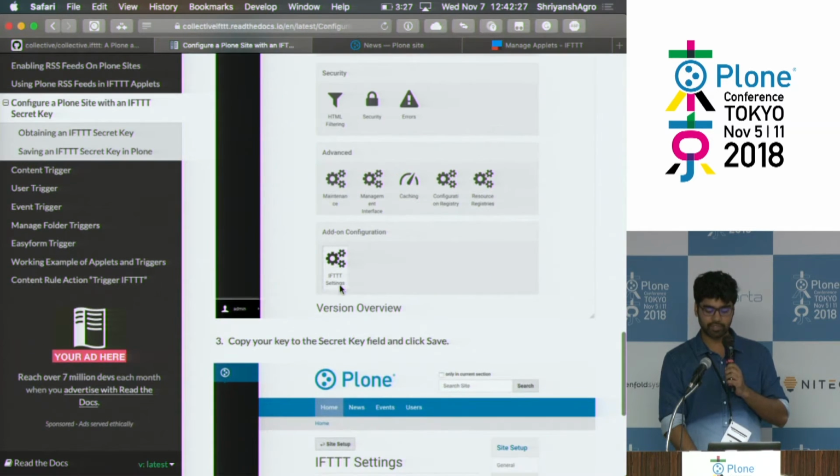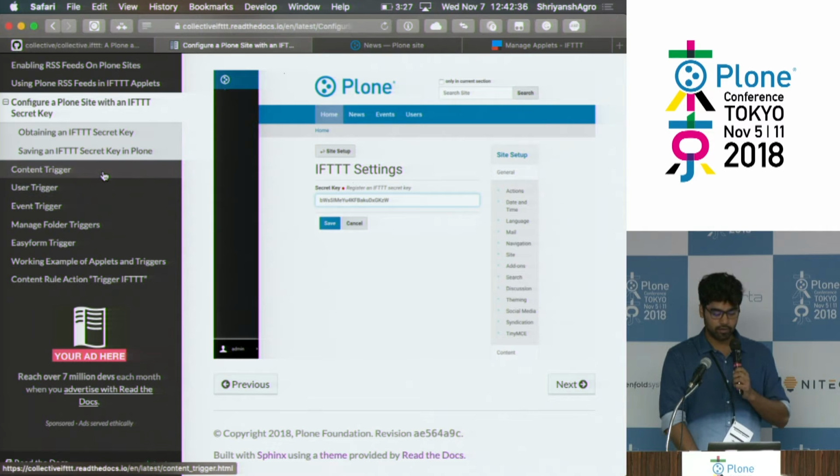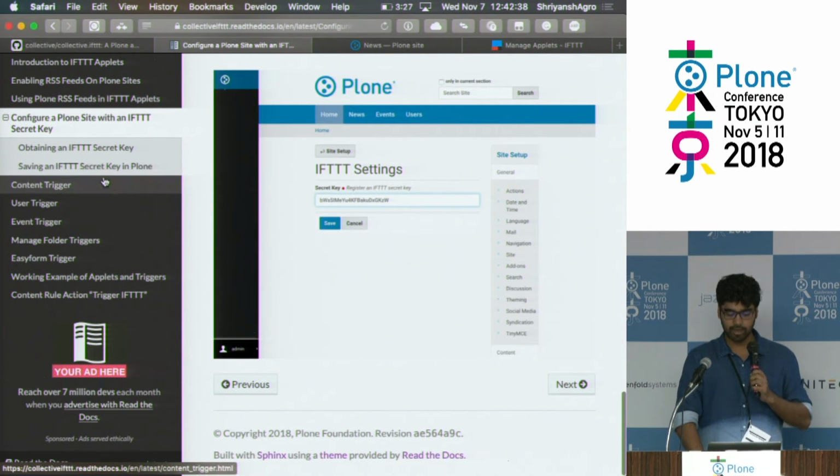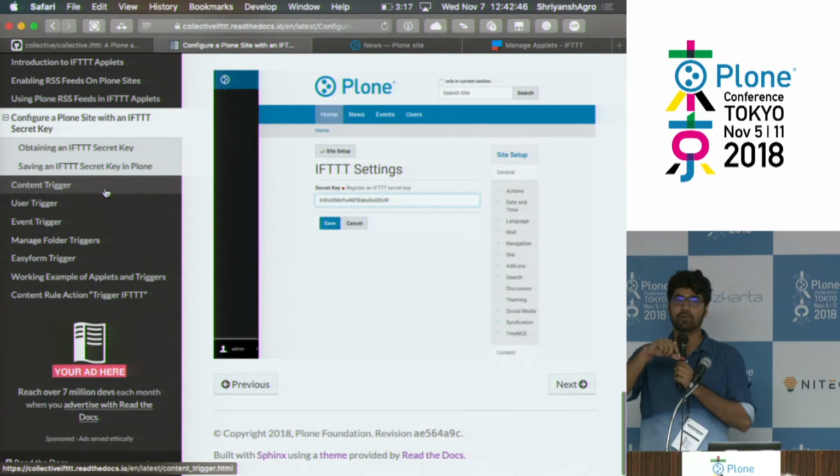You can get the IFT secret key easily there, and when you install our add-on, there's a new configuration available under the add-on configuration called IFT configuration, and you can simply register your secret key there. Now as I said, this whole add-on is on top of the content rules. So essentially, every time you can go to content rules and create a new IFT event. But to